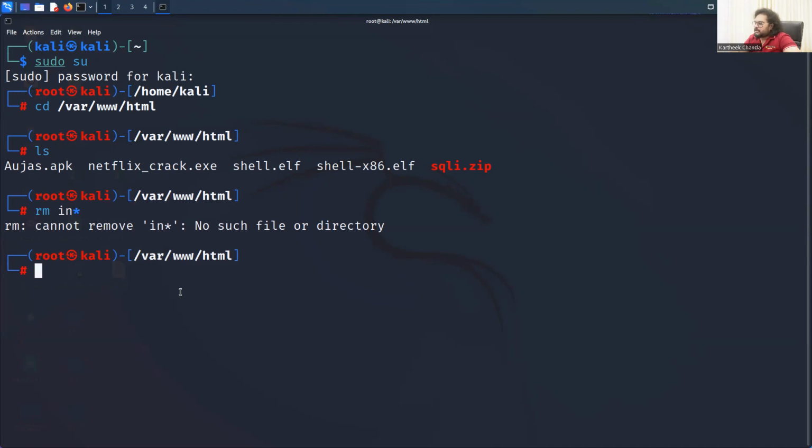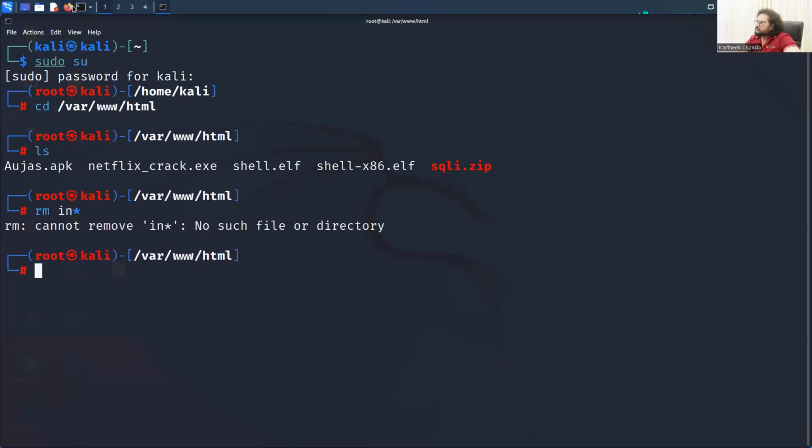Why? Because if index pages are there, usually in a web root directory, they'll be given more priority. If you are a web developer, you'll have some idea about it. Index pages are given more priority and that page will get loaded. So you can just remove those default index pages which are in this directory. Anyway, after doing it, you need to download